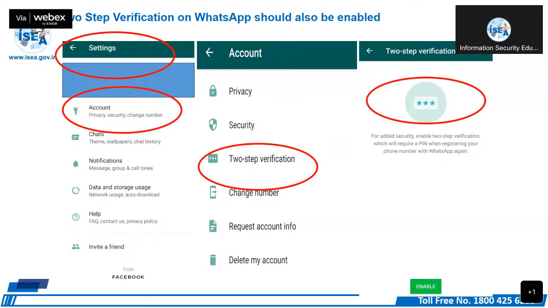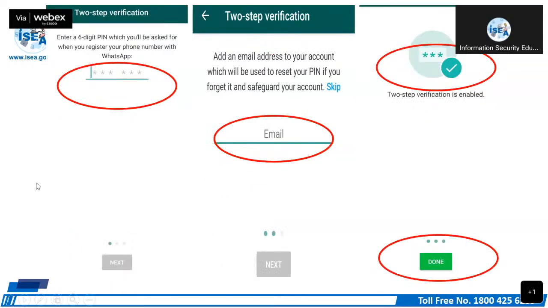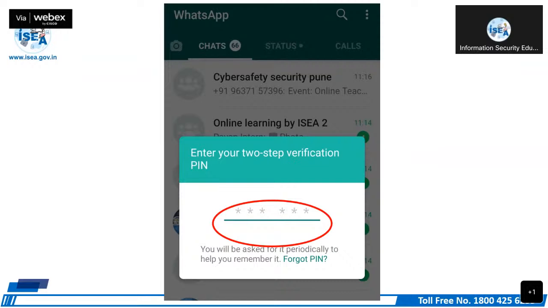The moment you open it, it will ask you to enter a 6-digit pin. You can add that 6-digit pin, and email is not mandatory, you can skip it. You should remember the pin very well. Click on done, and the pin will be set. No one can open your WhatsApp unless you give this pin.